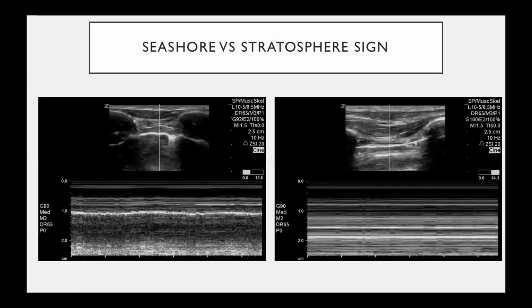Now, another thing that you can do to help visualize this is using the principle of M-mode. M-mode allows you to get a 2-dimensional representation over time. Sometimes when you're looking at the pleural line, it may be hard to tell for sure whether or not you see lung sliding, and using M-mode can make this easier to visualize. In this case, you have your M-mode tracing here at the bottom of the screen. If this white correlates to your pleural line, everything deep to that is your normal lung parenchyma,